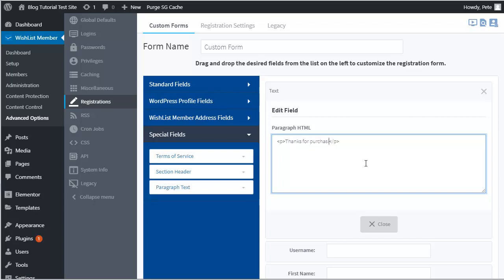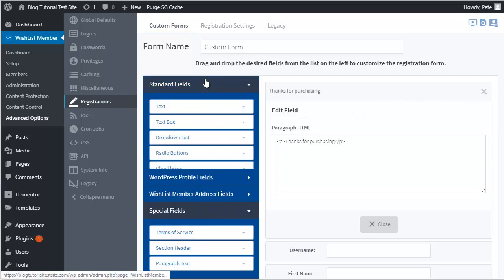So with PayPal you need to put some specific text to tell people what they've bought on a thank you page. Remember, when someone's paid, they're going to get brought back to the registration page. So if there's any kind of thank you message that you want to add, you need to add it to your registration form. So I'm just going to put that there just so we've got something in. And then if we